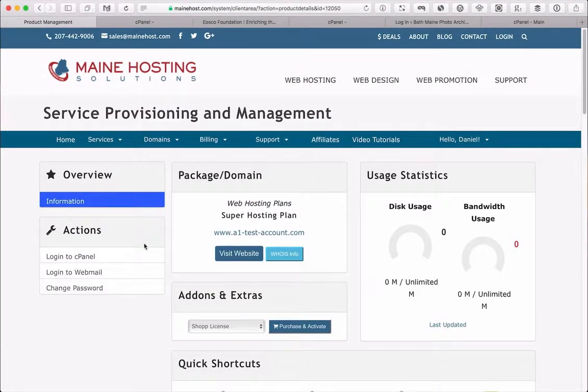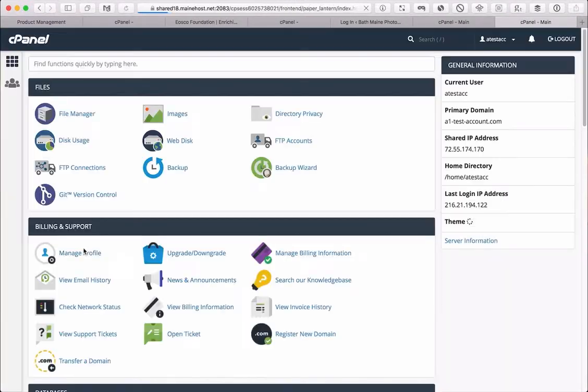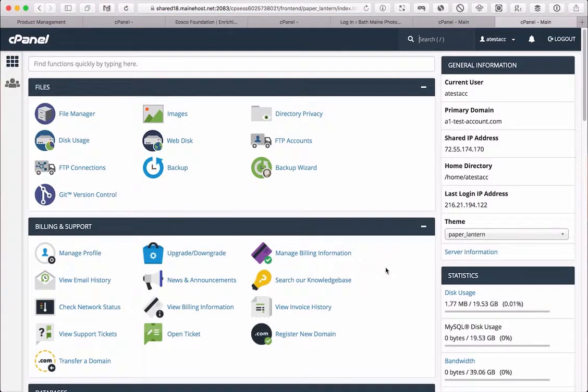But if you scroll back up to the top of the page, the easiest way to log into cPanel is right here under Actions. You can also log into your webmail, and if you click here change password, it just brings you to the bottom of the page. So we'll click log into cPanel, and this is automatically going to log me into the cPanel for that